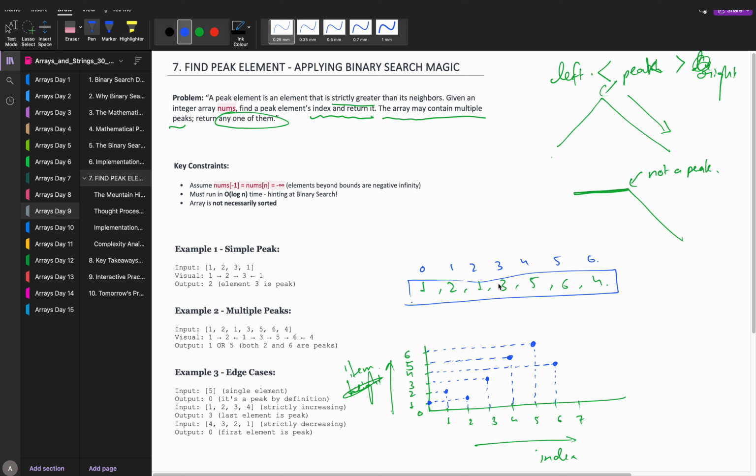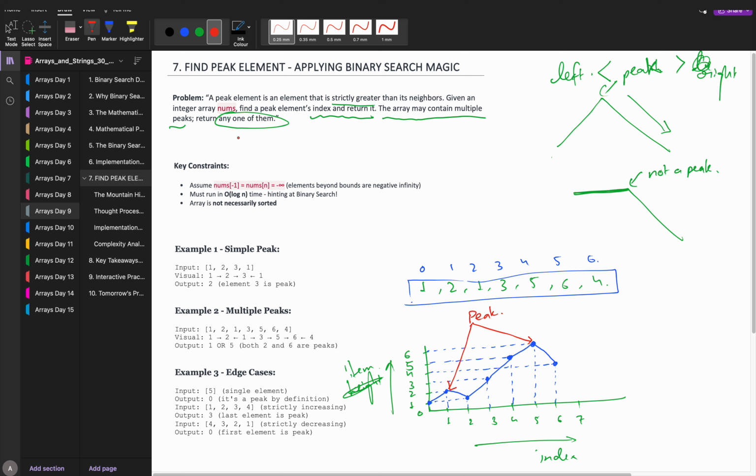Now if I were to connect these dots, the shape would look like up, down, keep going up, up, up, and then coming down. How many peaks are there if I have plotted this data? Obviously, this is a peak and this is a peak. These are the peaks. So that's why they have written it that way.